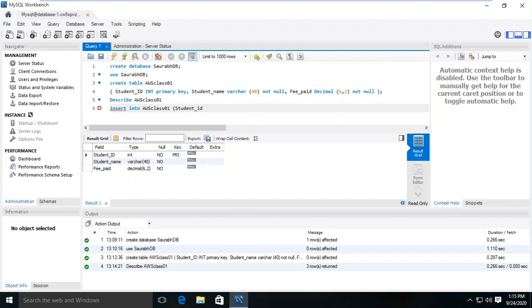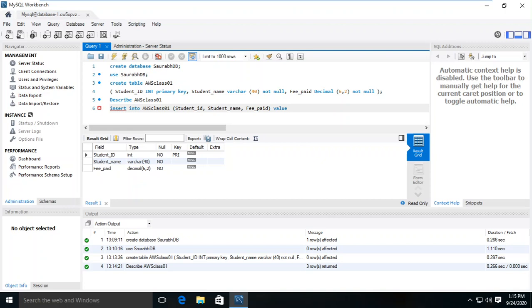This was one field. Second field was a student name. Then the third field was fee status or fee paid. Thereafter we close the bracket, and now we are going to put the value for it.